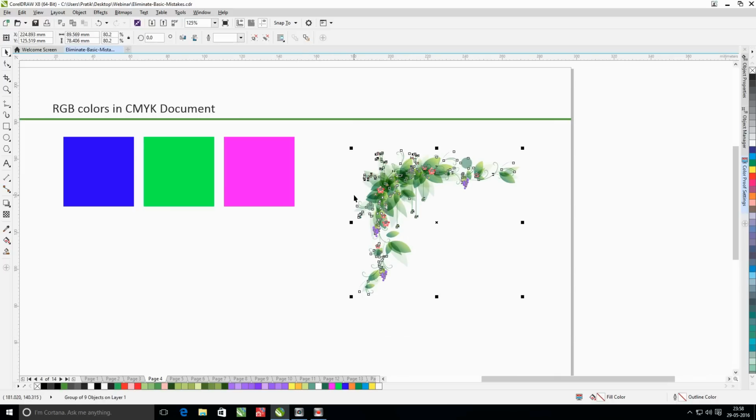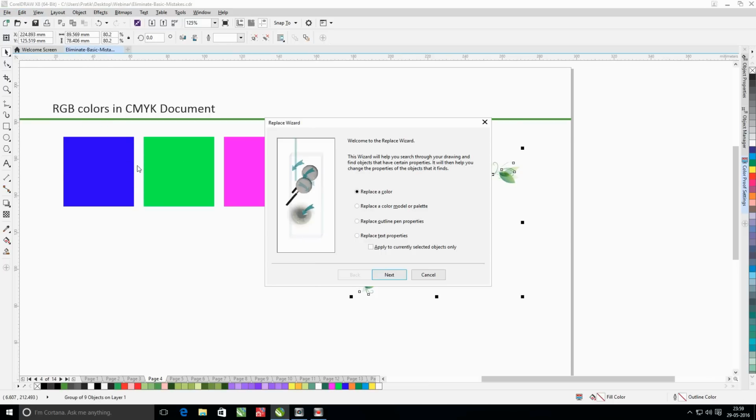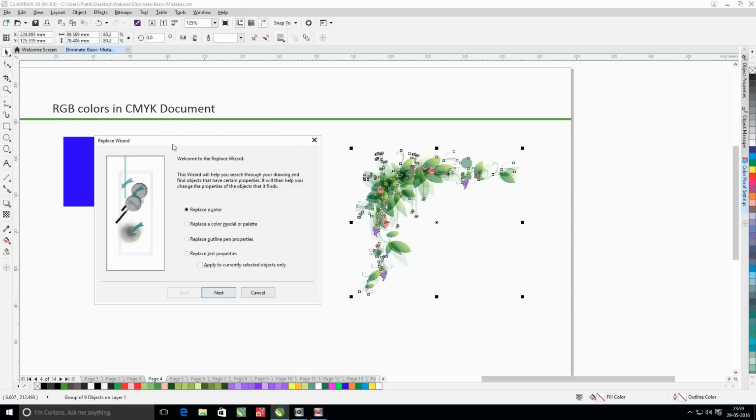Now how do we change all this to a CMYK color in one go so that we can get a better output? What we can do is, when you keep the object selected, you go to Edit, Find and Replace, Replace Objects. Then there is an option to replace the whole color model in one go.